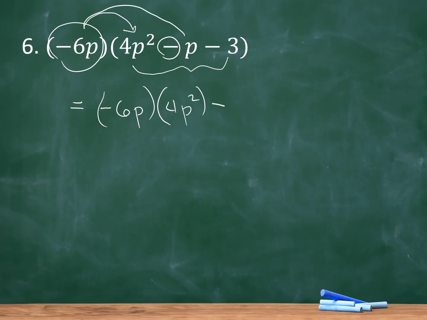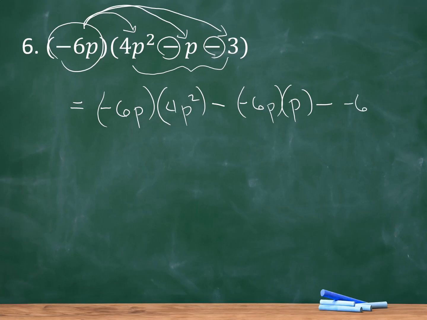negative 6p times p, let's write it here, negative 6p times p, and then we have another minus, so let's write here minus, and then negative 6p times 3, so that's negative 6p times 3. So now let's multiply negative 6p times 4p squared. It's going to be negative